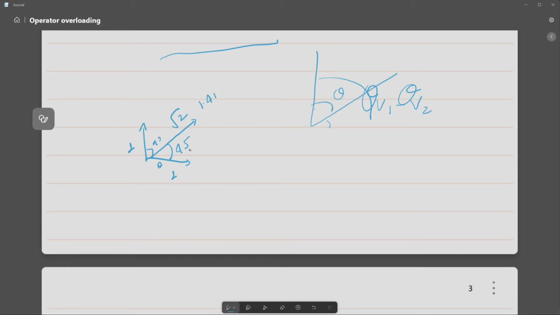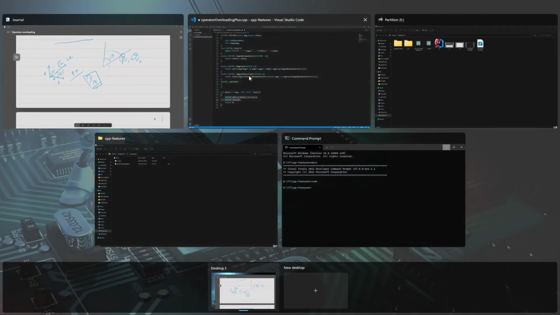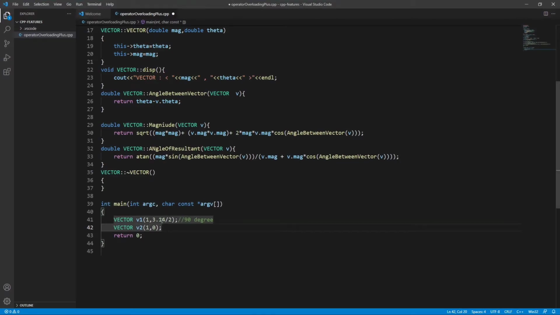And this 45 degree will be just half of pi by 2, that is pi by 4. So we will have to verify whether the value that we are getting is pi by 4 or not. This is a very simple example, and it's very easy to verify. That's why I have taken these values, 1 comma pi by 2 and 1 comma 0.